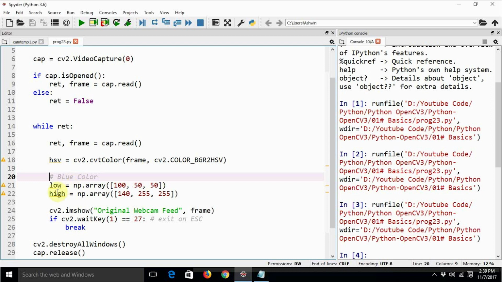The same way we are going to have the highest value blue color can have in HSV color space. So we have now got the lower range and the higher range of the shades of blue. We are making sure that all the shades of blue are identified while tracking any object.